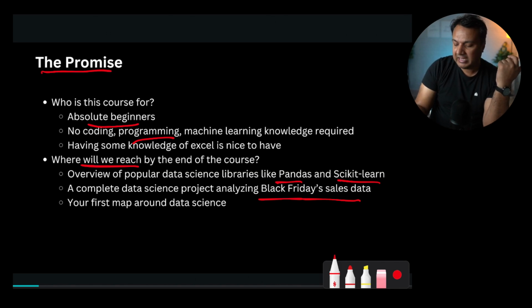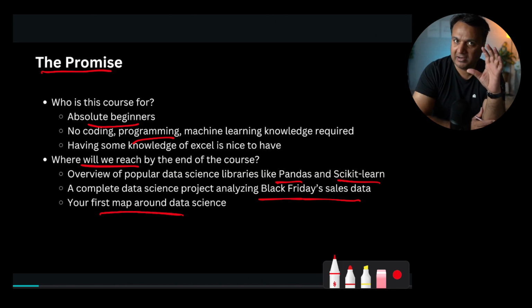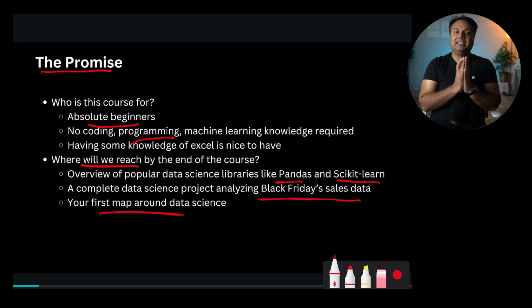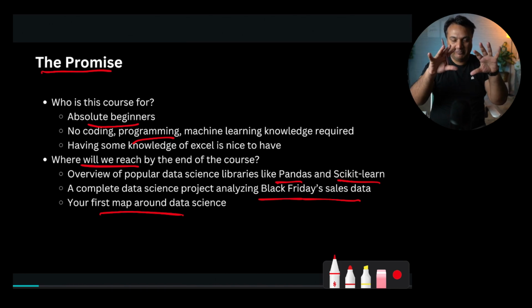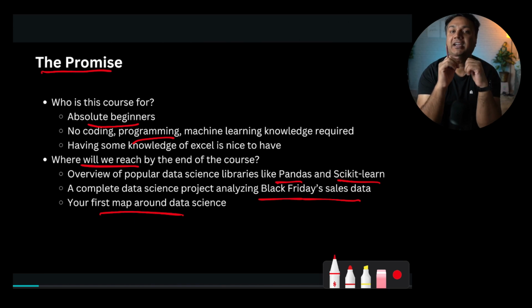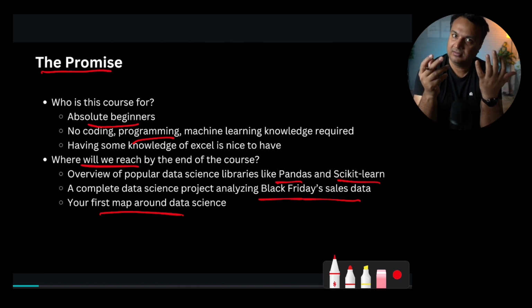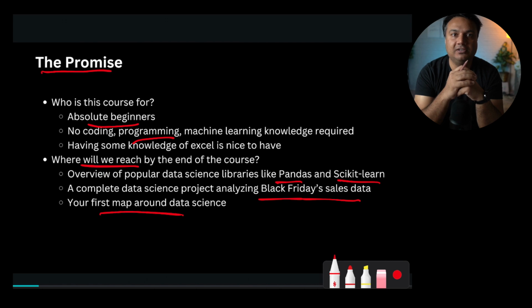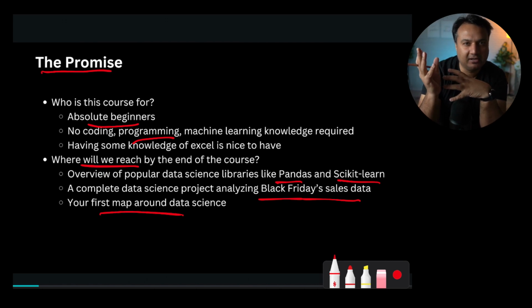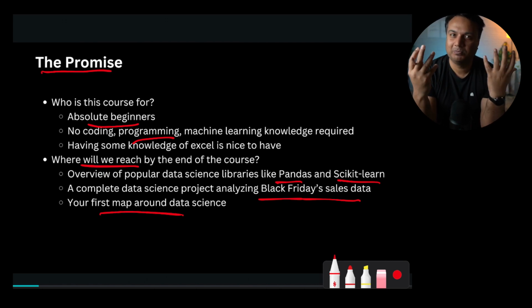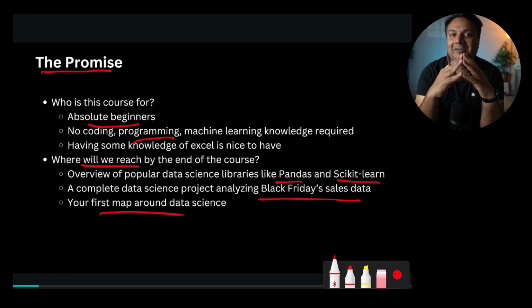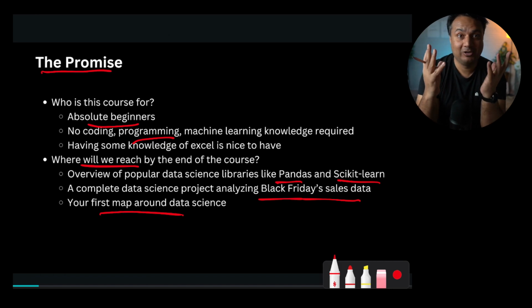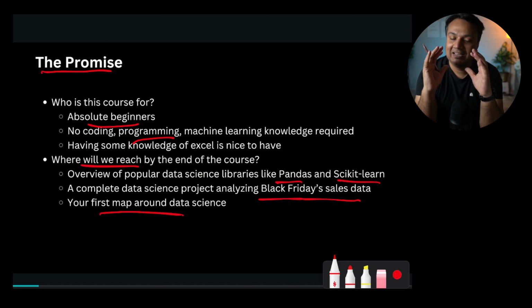And this project is definitely very beginner friendly, and it is supposed to act like the first map which will give you an overview of how different components of data science work, how do they interact with each other. For example, how do you use pandas and how do you use scikit-learn and why do we use this and what is the purpose of that. So all those little scary terms, including linear regression and how do we do some analysis and exploratory data analysis, all of that we'll be covering in this video in a very beginner-friendly way.